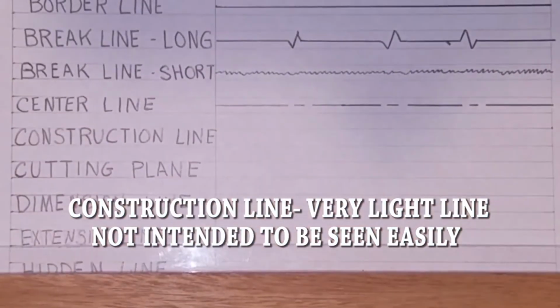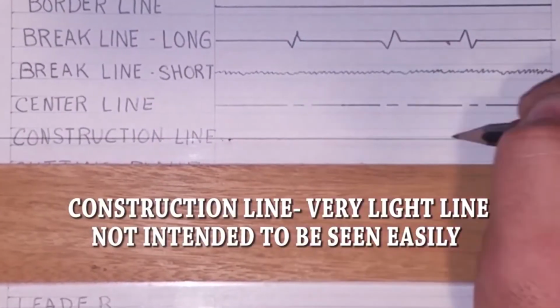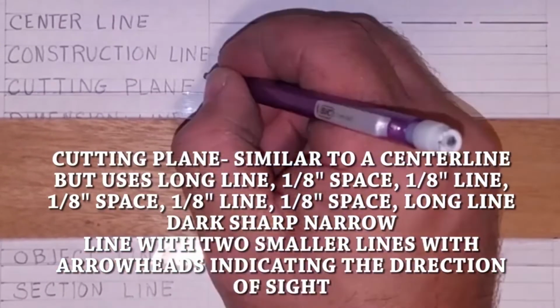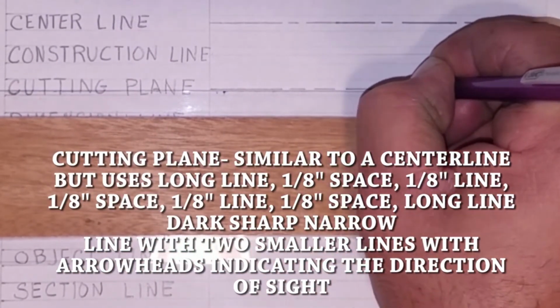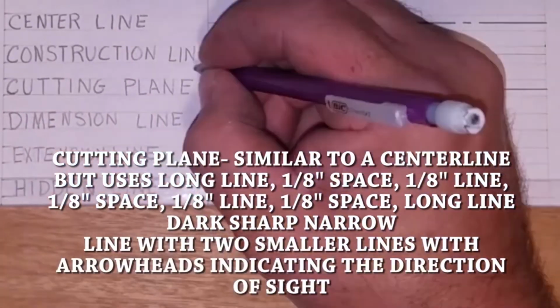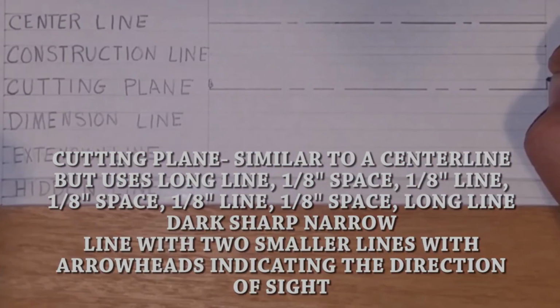Next is going to be a construction line, which is just a very light line. Again, centered. Next is going to be a cutting plane. This is similar to a center line, but now uses a long line, a 1/8 inch space, a 1/8 inch line, a 1/8 inch space, a 1/8 inch line, and then a 1/8 inch space, and then a long line. This is going to be a dark, sharp, and narrow line with two small lines with arrowheads indicating